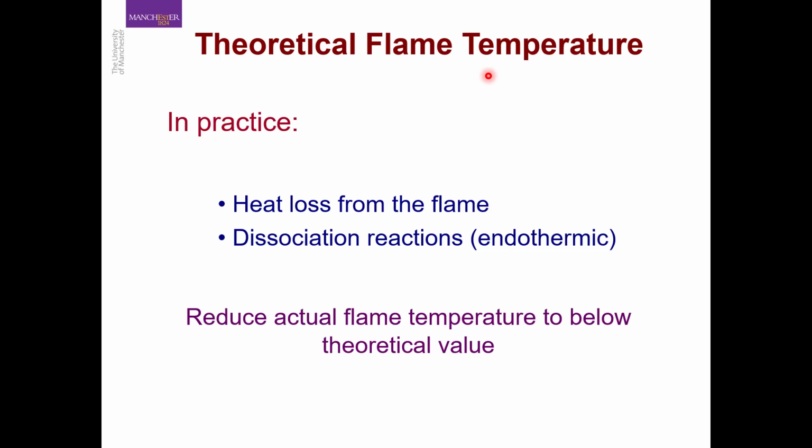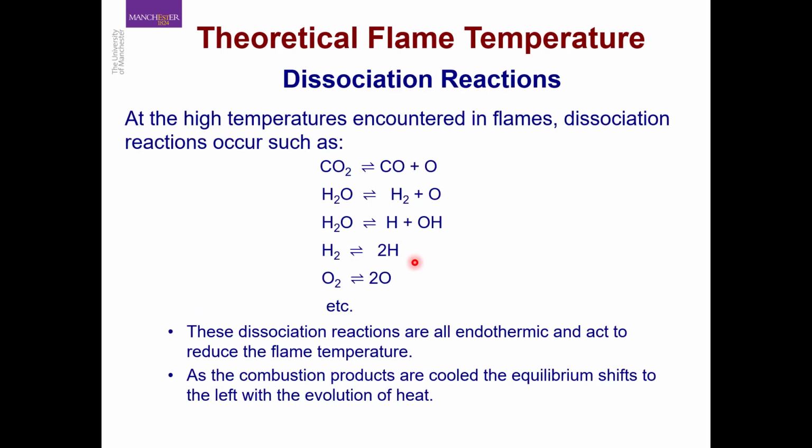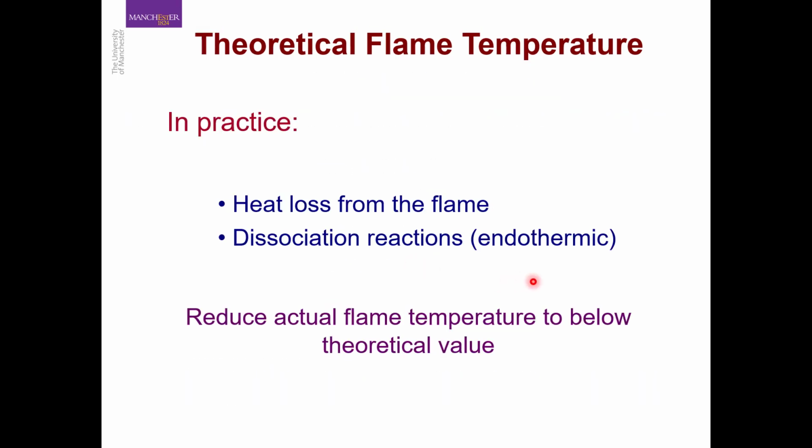But in reality, we have different losses like heat loss from the casing, or we can have incomplete combustion, or we can have dissociation reactions where, because of the very high temperature of the furnace, some of the components of your flue gas are going to dissociate. Okay, and most of these dissociation reactions are endothermic. It means that they are going to take some heat,